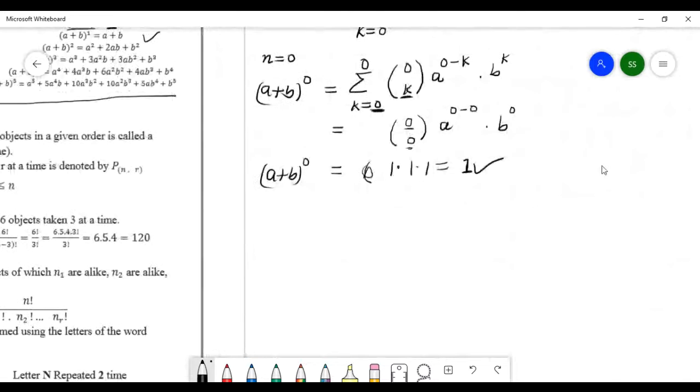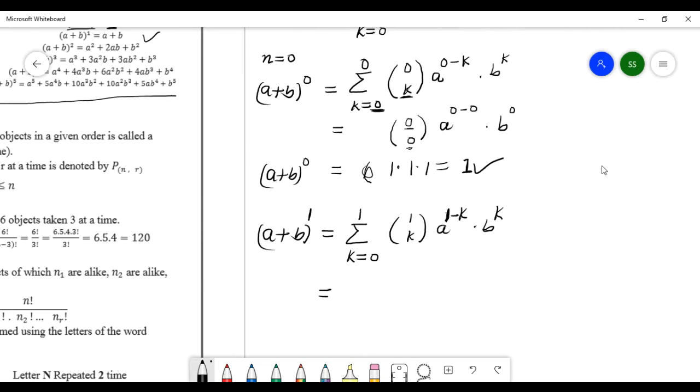Okay. And now use this kanun to find (a plus b) power 1, right? So see this one, (a plus b) power 1, that is n equal to 1 here. So what is the kanun? The kanun is this: k starts from zero and goes up to n, here 1, with n equal to 1, and then k, and then here a power n minus k, and then b power k. Okay. Just remember here, I have taken n equal to 1.